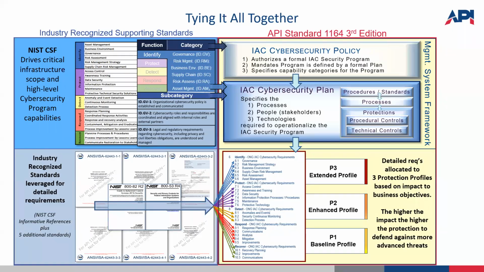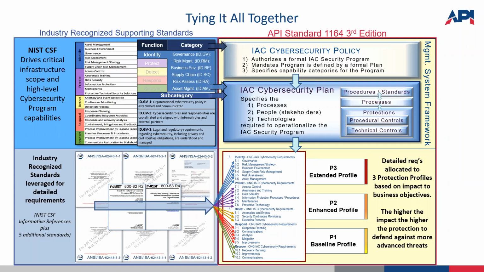So this is a highly dense slide, but think of it in terms of halves. You have the left half, and you have the right half, and you have the top half, and you have the bottom half. In the upper left-hand quadrant, you have the NIST CSF. Everything on the left are documents outside of 1164 that were used to drive and create 1164. Upper left is the NIST CSF. It drove the critical infrastructure scope of 1164 and the high-level cybersecurity program capabilities, right, in the form of functions,